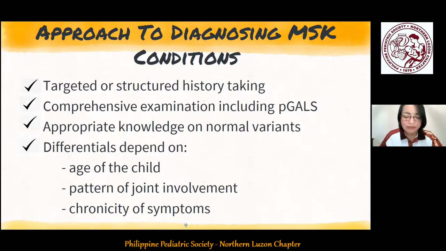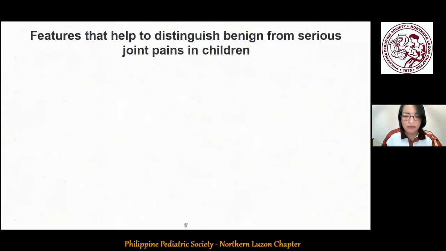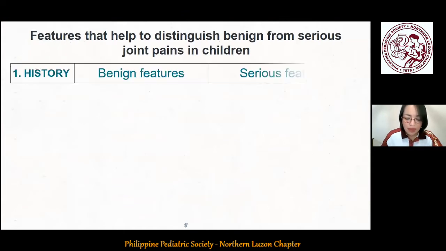Thank you, Dr. Leung, for making my lecture easier, as you have already discussed some of it. As in any presentation of any symptom, the history is of prime importance, with the precise nature of the presenting disorder to be clarified. From the history alone, we will be able to elicit signs and symptoms that can help distinguish benign from serious joint pains in children. This division into benign and serious is only a guide, and no one feature can be considered in isolation. We just have to remember that pain is never benign. It is the cause of the pain that may be benign.